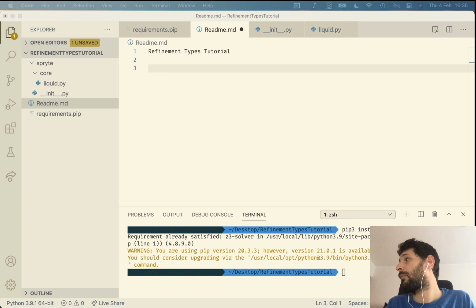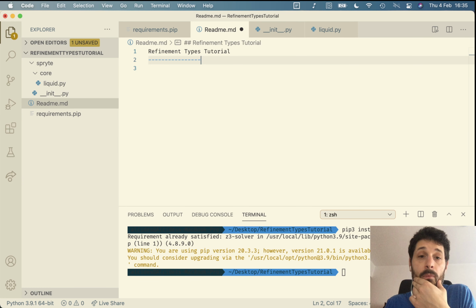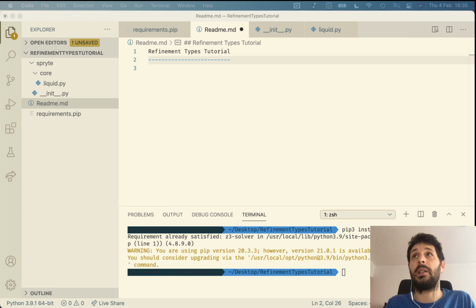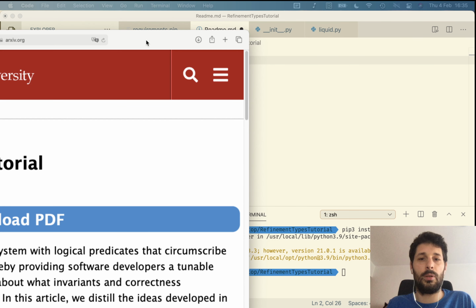So let us start with the tutorial. There's the PDF. I can open the file and show you the other. This is the file that I followed. You can find it in arXiv, refinement types tutorial,